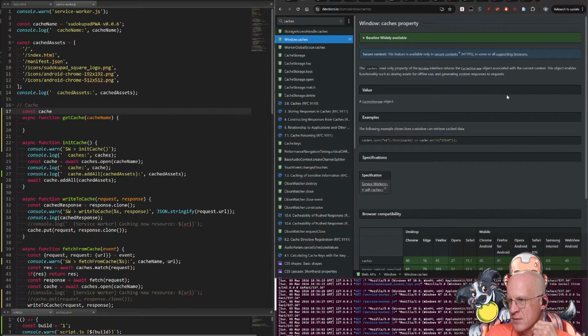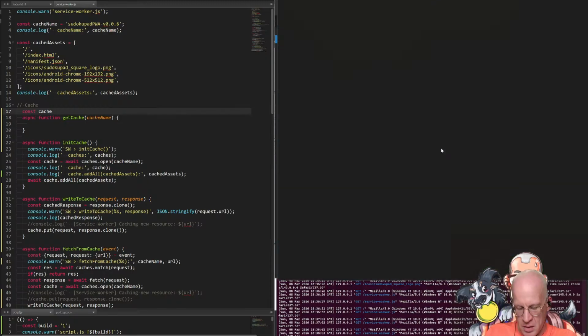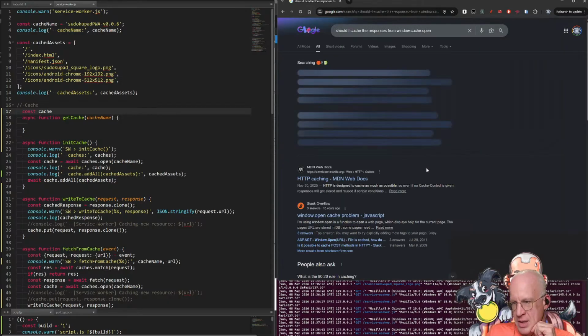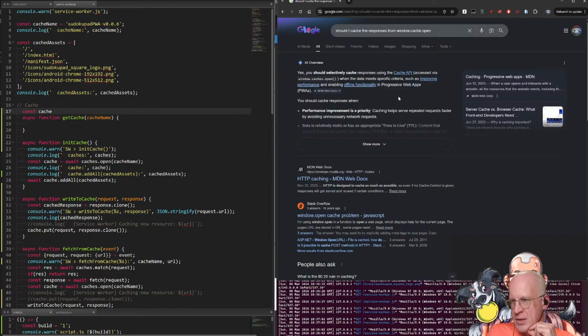This object enables functionality such as search. The following shows, should I cache the response from window.caches.open, because it feels like since it's async, I should cache that. Yes, you should selectively cache responses using the cache API. And the data specific, such as improving